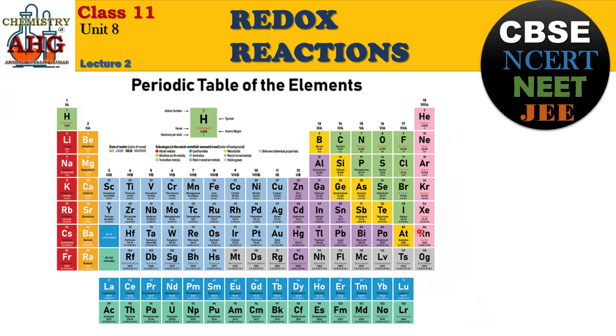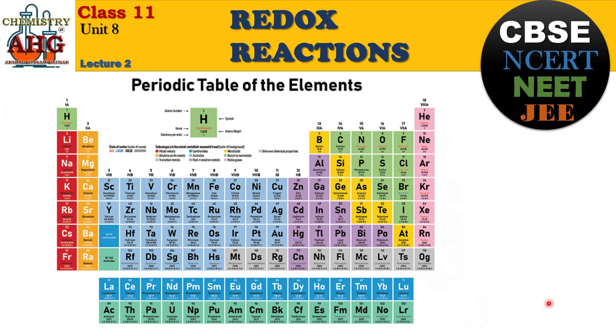Why? Because non-metals can gain electrons easily. They need a lesser number of electrons to complete their valence shell. So non-metals gain electrons easily, while metals can lose electrons easily. Whenever in a compound there is a comparison between metal and non-metal, non-metals are more electronegative. Also remember there is one non-metal, hydrogen. It has been placed on the left-hand side, but hydrogen is also a non-metal.